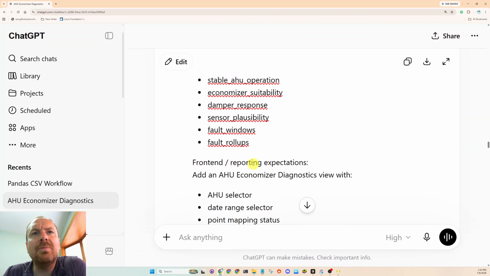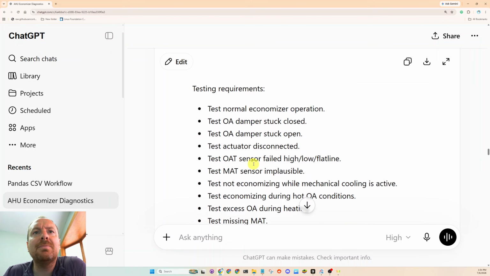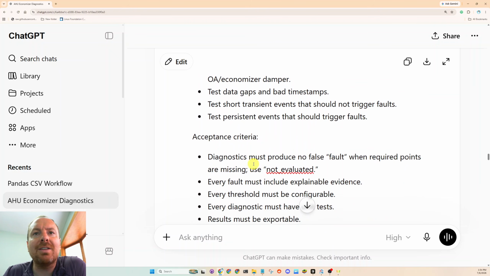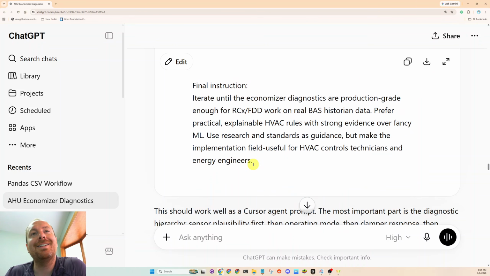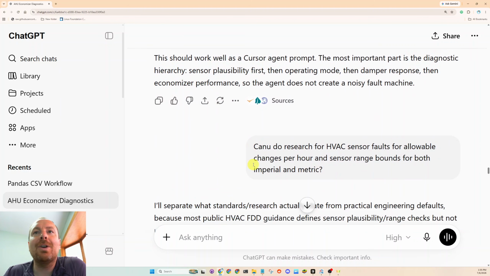Wow, this is a massive prompt. So sometimes I think AI is really good at prompting other AI. Cool. Okay, so then another thing I asked it to do too, I thought of research on HVAC sensor faults